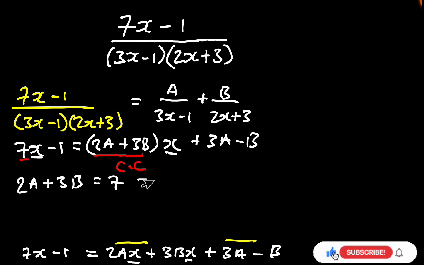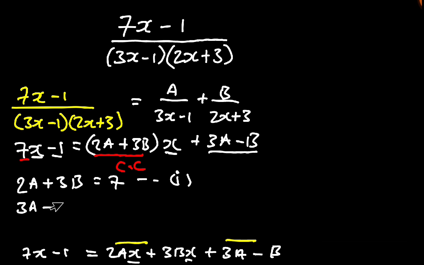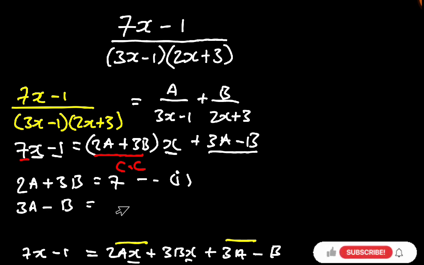Now let's call this equation I, and then we're going to equate the constants minus 1 and 3a minus b. So we have 3a minus b is equal to negative 1. Now let's call this equation II. So we're going to be solving these two equations simultaneously, and the method we're going to be using is the elimination